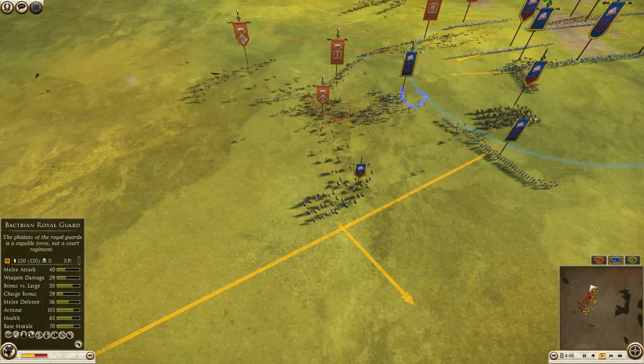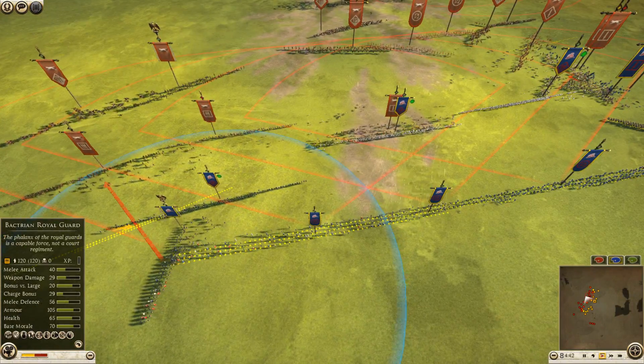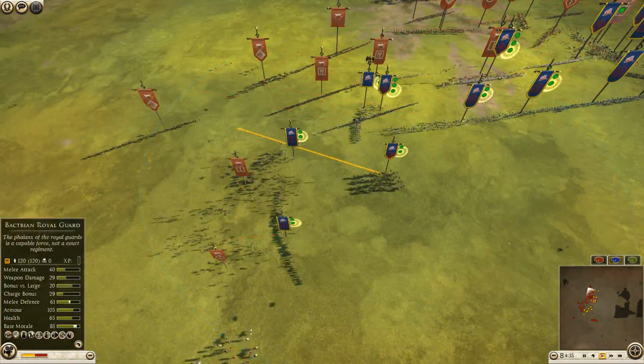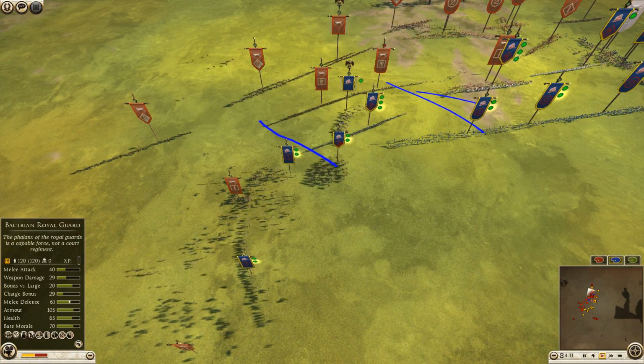Both sides will want to withdraw their cav, obviously. Not really any use in dying. There are slingers, still targeting the archers. Even these levy pikes will probably die to these Samnites. You can already see they're inside the pikeman line, so that's probably a fine fight. These hoplites are dying though. We've been focused down. Now these Bactrian noble horse see